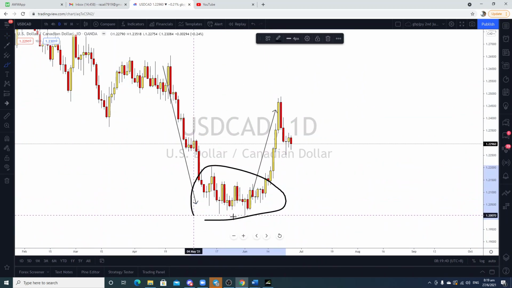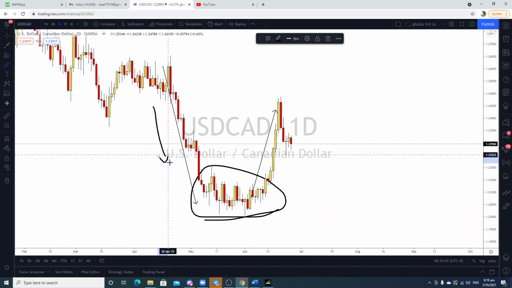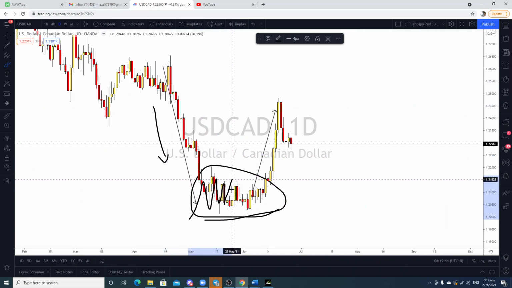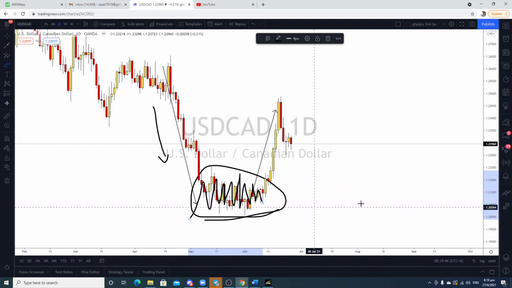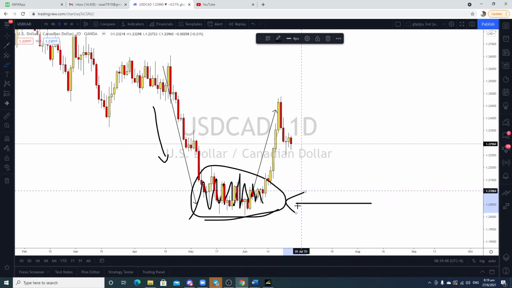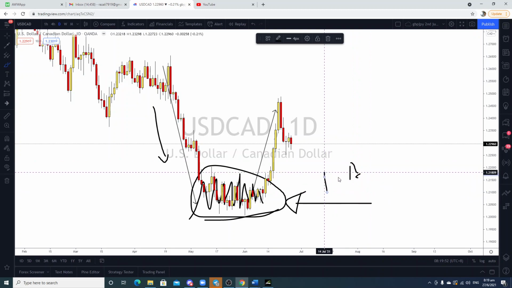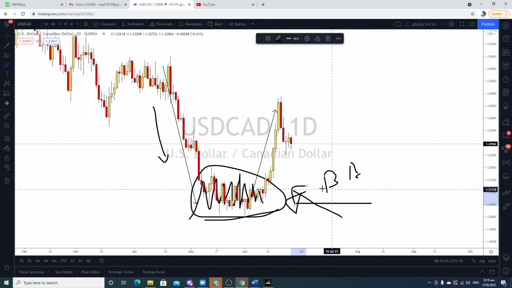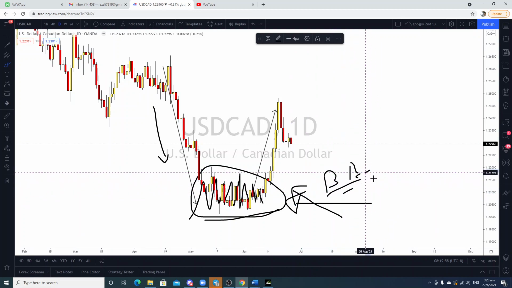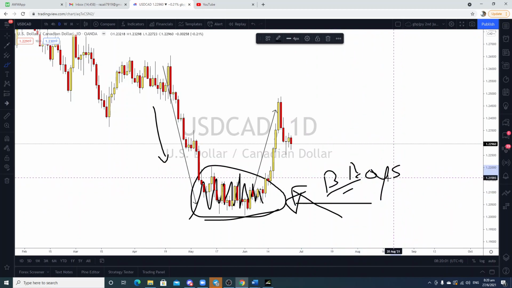We have information here that after a trending move, the market will always make a base, or the market will go sideways. And who is in this sideways? Yes, the retail, the buyers, the sellers, the big boys are all in here. And then who pushes this market? Of course, it's the big boys, right? The big boys are the ones that push this market.